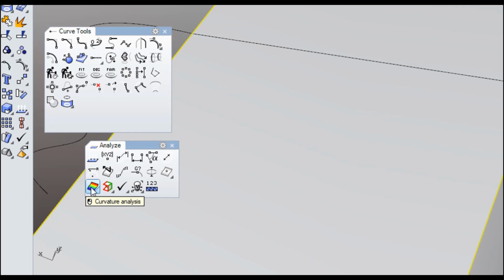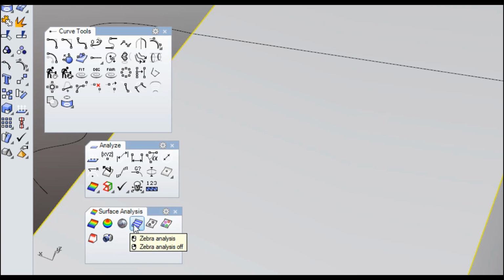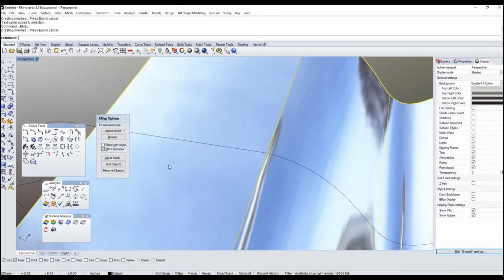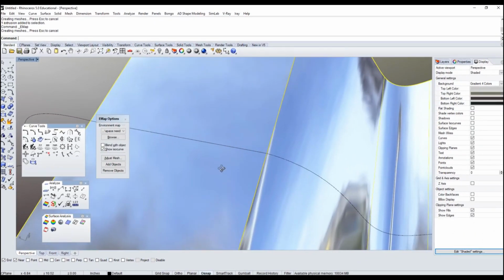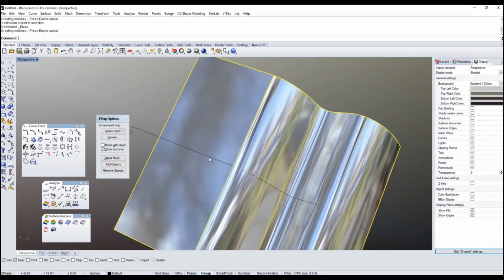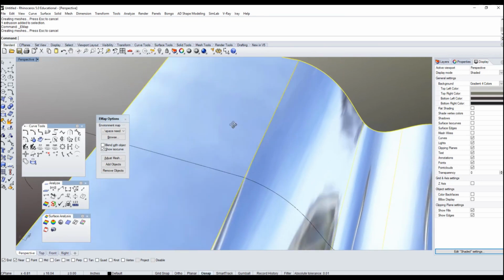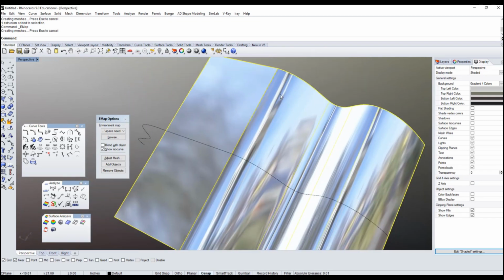And there's this little icon called Curvature Analysis tool icon, sorry. And I'm just going to expand again that other little toolbar. So this is the Surface Analysis toolbar, and there are these two little icons that are quite useful when you start analyzing your surfaces. So I'm just going to go and click on the environment map first. And you can see that if I was to check out with the reflection, you can see, for example, here we see the Space Needle,